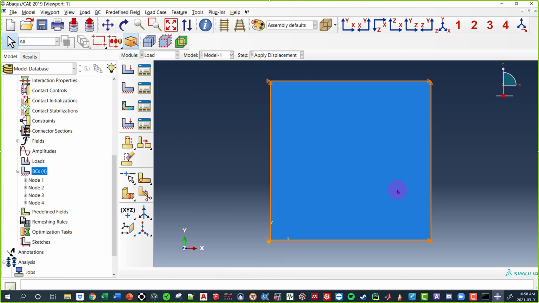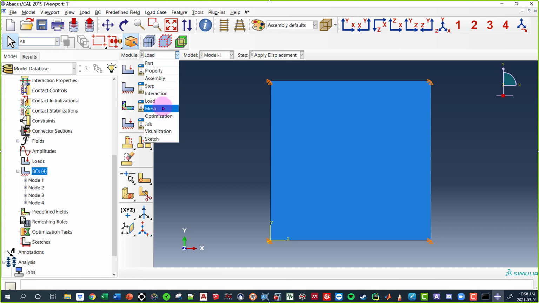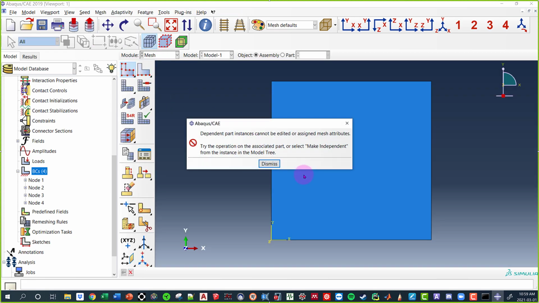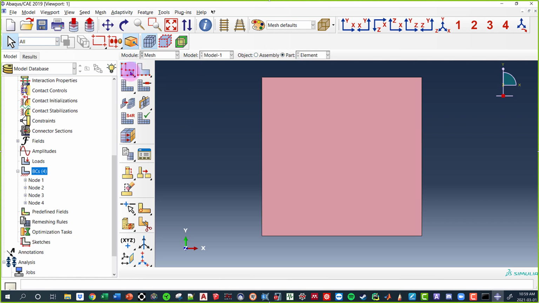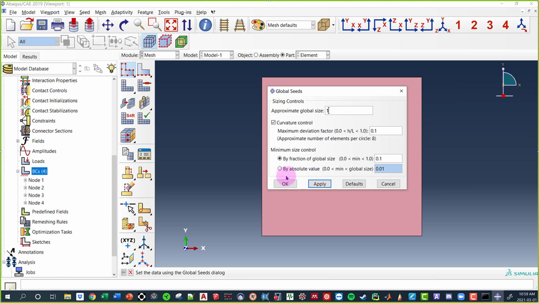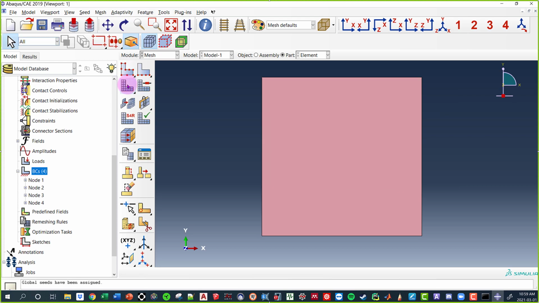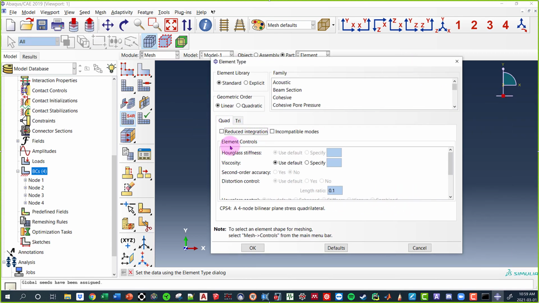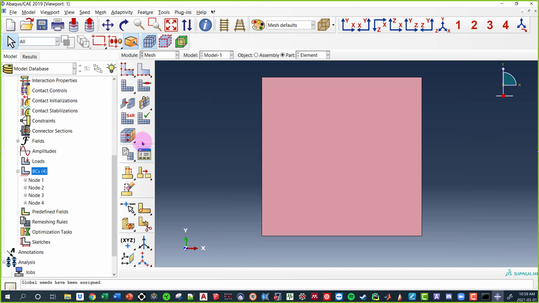Good. So this is basically the situation you guys want to be in before you start analyzing what the values are going to be. But of course, you guys have to do a mesh as well. So I'm just going to do my mesh really quick. I want to make sure that this is just a single element. So I'm going to make sure that my mesh size is 1. Apply it. Good. And then I can mesh the part. But another thing too is we have to make sure that we are not using reduced integration. So I'm going to disable reduced integration. Then I'm going to mesh my element. So as we can see, we just have one single element.